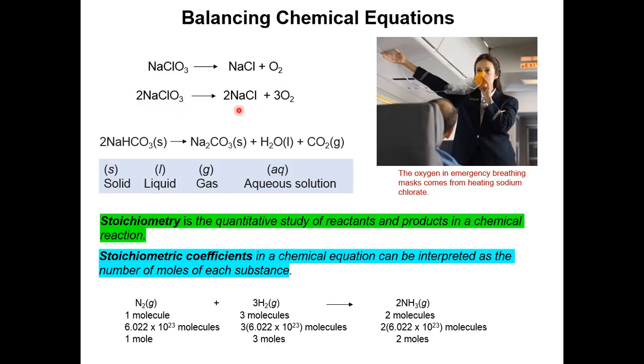Now let's go to the left-hand side. How many sodium do we have? 2. The chlorine also 2, right? Yeah. And oxygen we have 6. Yes. Now everything is balanced. So this equation is balanced. So we always need to pay attention to balancing reactions. Yes, we must